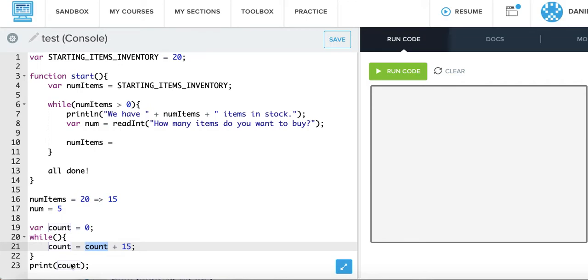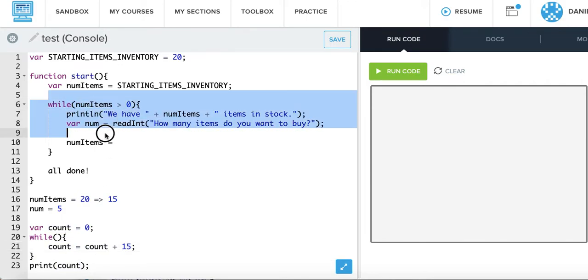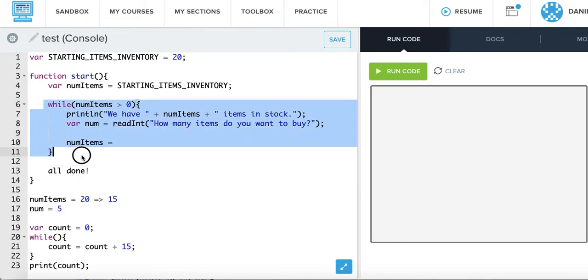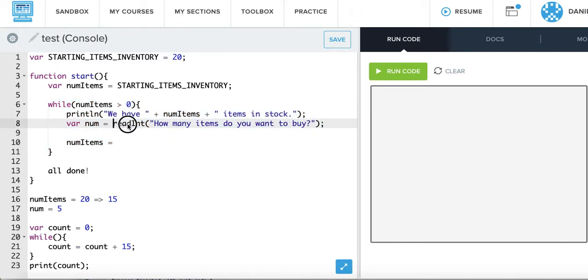So that's how you make a counting variable, and that's what we want to do here, right? Except our num items variable is not going to count how many iterations the while loop runs. It's going to count by however many items they want to buy. Okay. So right here, when we have num items equal to 20, they enter in 5, and we want num items to now not be 20 but to be 15. How do we do it? We have num items on both sides of the equal sign,